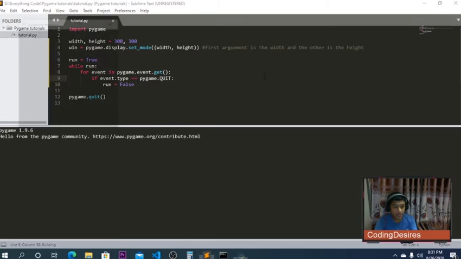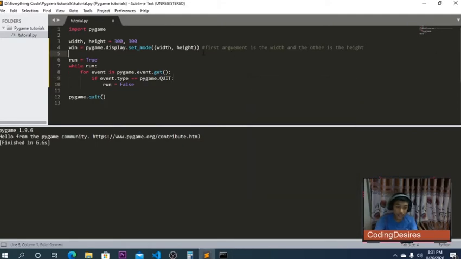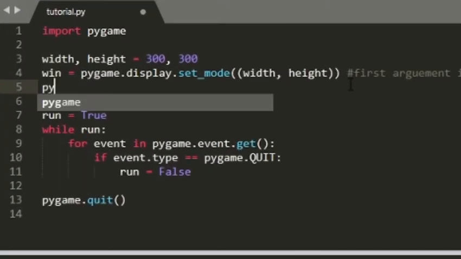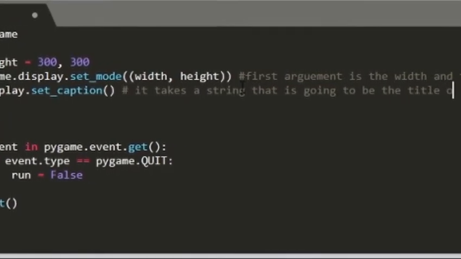And the next thing that I was talking about is the captions that appear right here. Then we can also change it with pygame.display.set_caption. And what caption takes is that it takes a string that is going to be the title of your window,